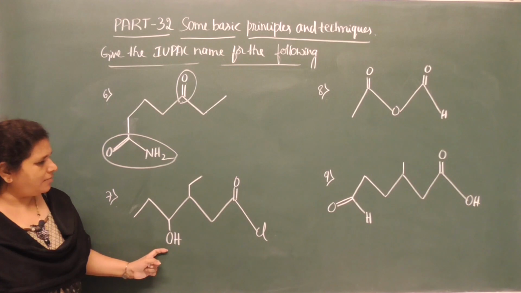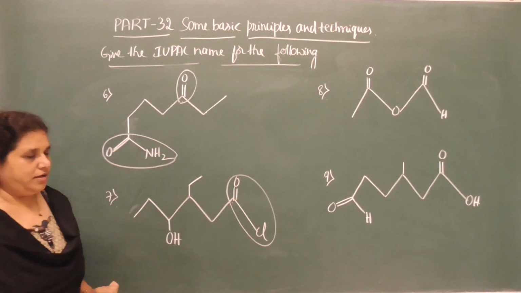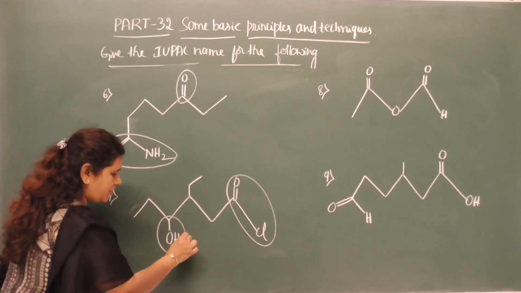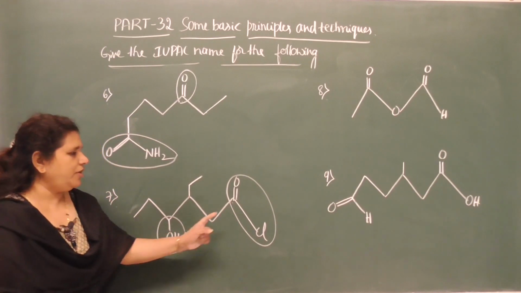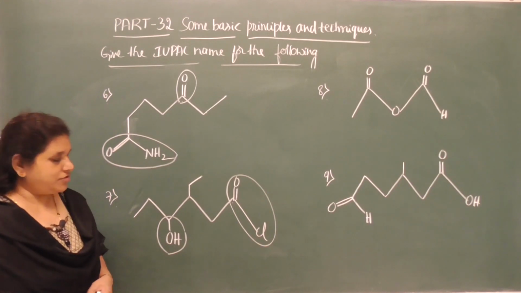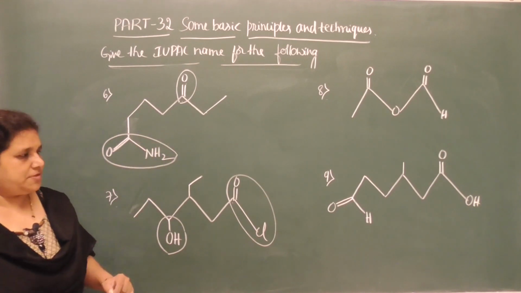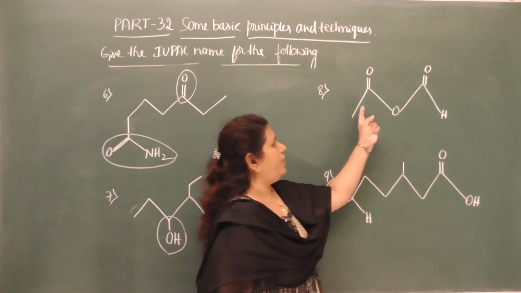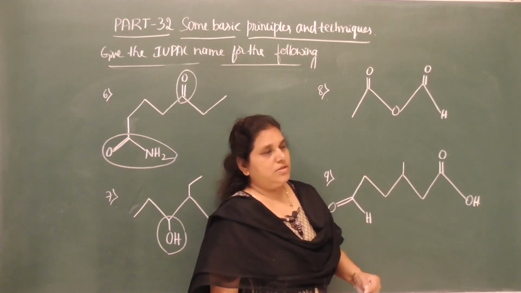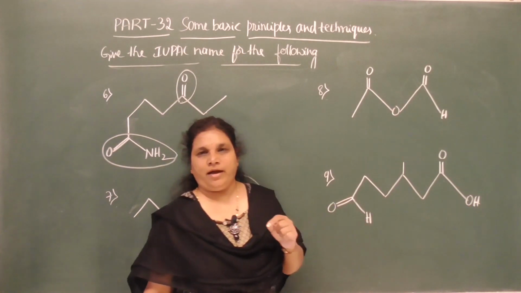And here in this compound we have an acid chloride as a functional group, and the alcohol is a functional group too, and we need to give the preference to the acid chloride and treat OH as a secondary functional group or as a substituent. And here the ketone group is a substituent. And here we have C double bond O, C double bond O. So try to recall the nature of the functional group. It is nothing but an anhydride.